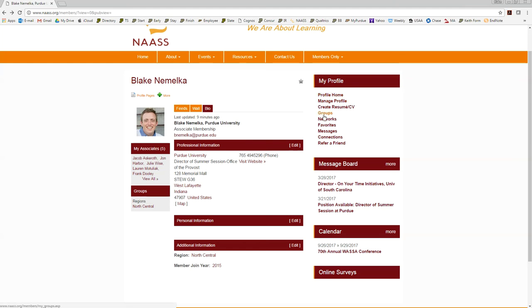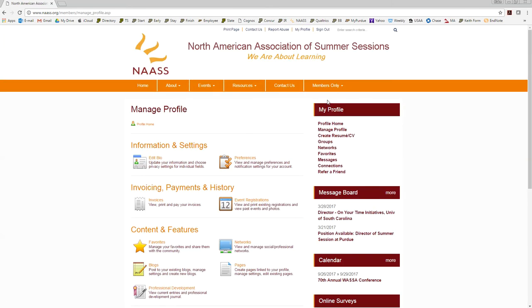But what I like about this is you sort of have kind of a home base when you go to manage profile. Before I go into that, you can also see some of these other widgets with the message board. There's my position at Purdue that's actually available if you're interested. But the next calendar event that's coming up, and some other things. But anyway, if you go into manage profile, this is sort of